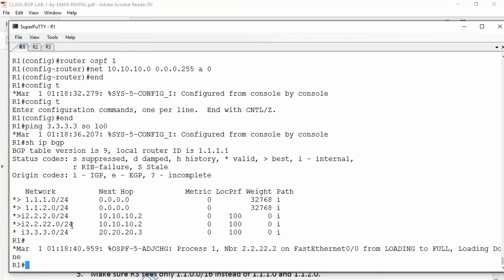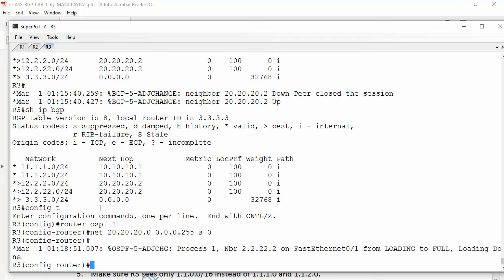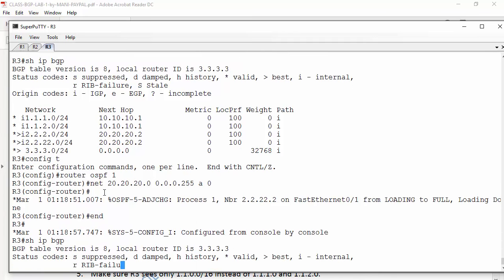Okay, so BGP is coming up right now. Just say 333, it is a value. So you are going to see this become the best route. Same way on R3, you are going to see these two becoming best route. That's our goal. So if I type show IP BGP,